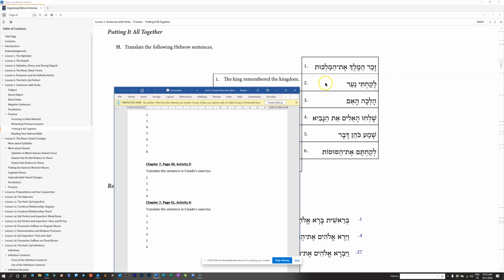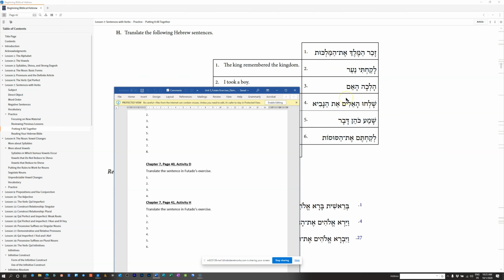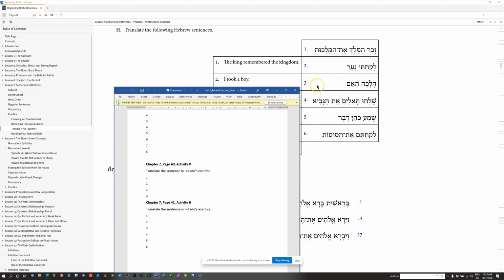There's no ani, there's no I. So na'ar does not match the person of the verb. So na'ar cannot be the subject of the verb. Therefore, it's the object. So I took a servant or I took a boy. All right, number 3,